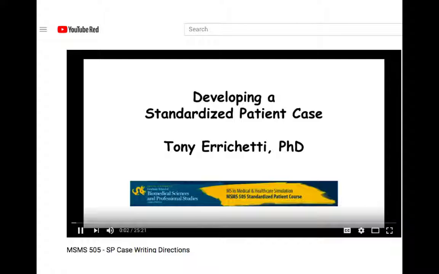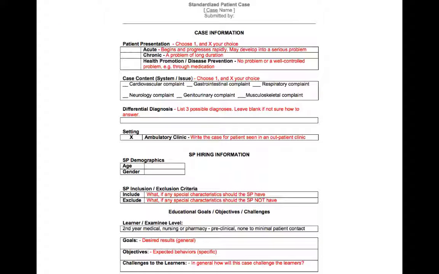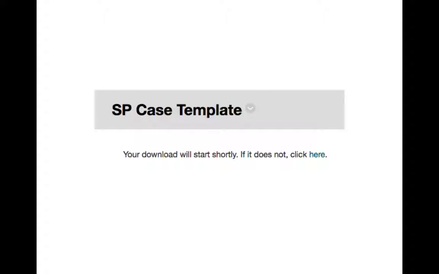So this really explains the template and some of the issues involved, some of the things that a case author would need to be thinking about when writing a valid SP case. So you'll take a look at this video, and then also this is what you will open up in the Blackboard. This is the template directions. Anything in red are the directions, but you will fill out your case on a blank template, which is also provided. So